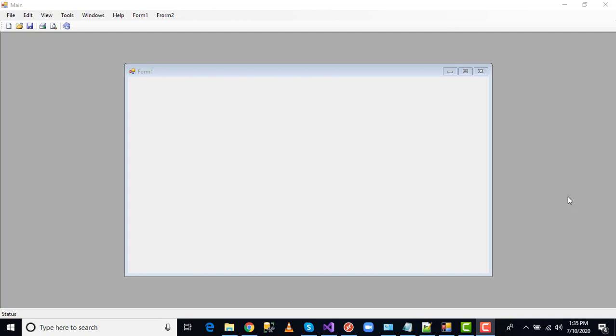From this day I will upload all the new concepts and new videos in the C# tutorial. Now we are going to start a new, easy concept. We are starting with how to close the previous form when multiple forms are opened in the MDI form. That is what we will explain in this concept.